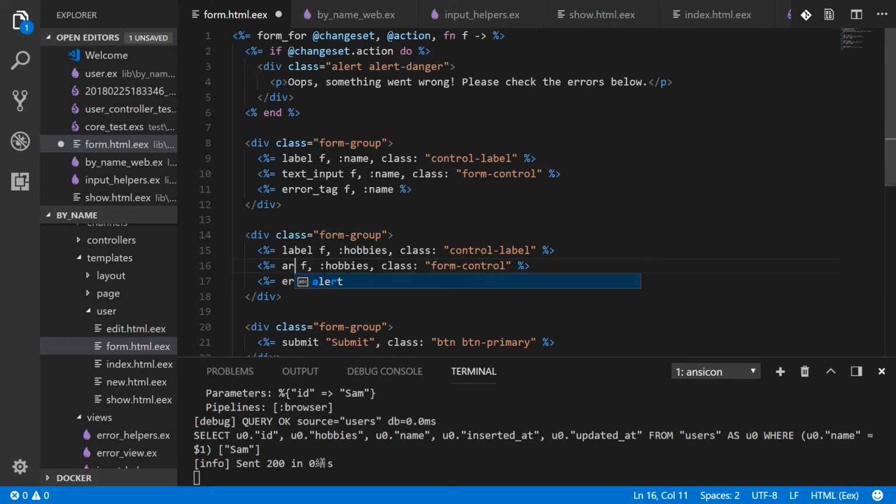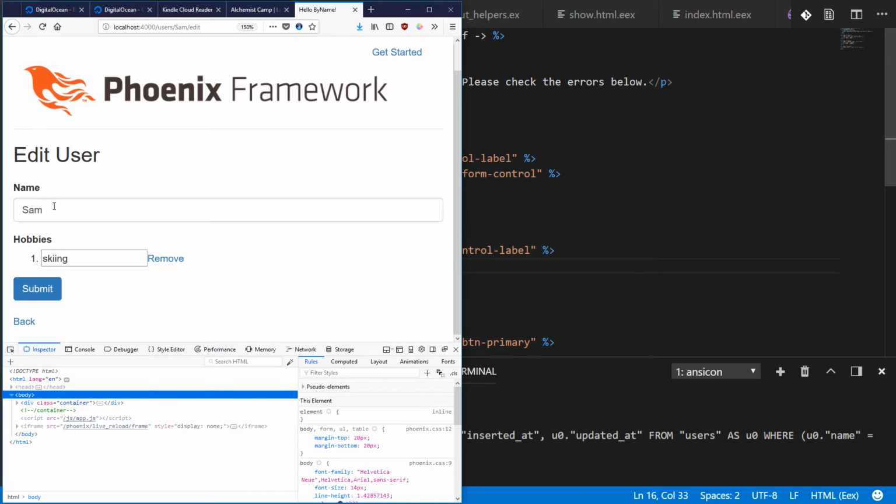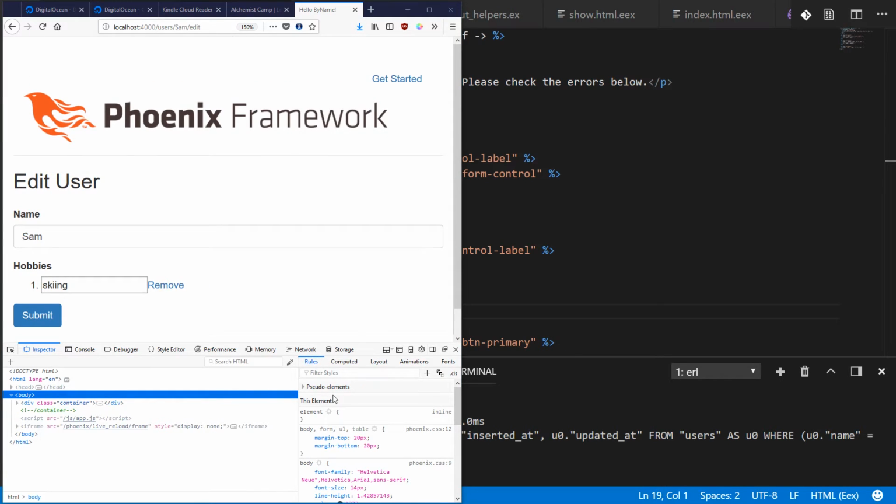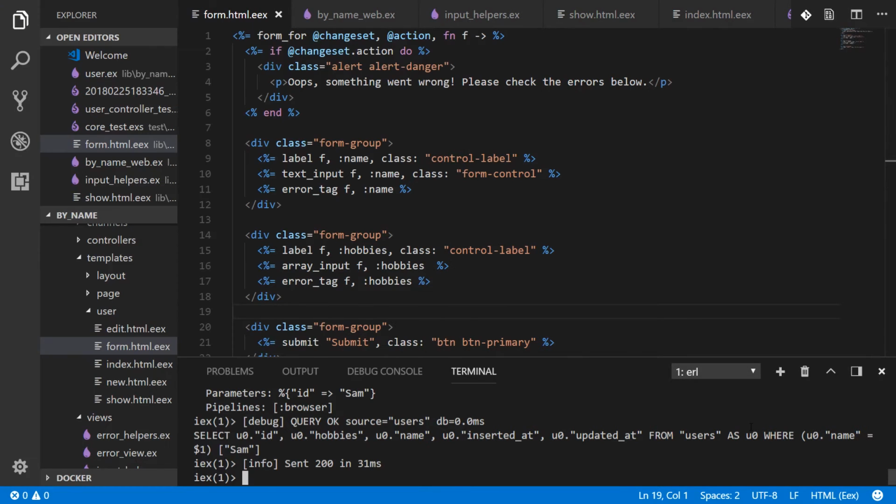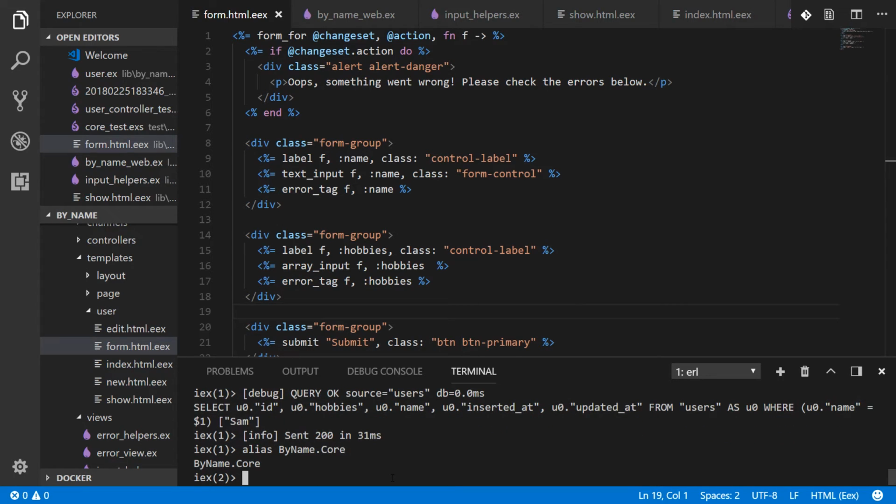We'll use our custom array input, and we're not going to use a form control class. And this looks a little bit more array-like. And to make sure that this really is working properly, let's edit the data from the terminal. So first we'll alias Name.Core, and sam equals Core.get_user